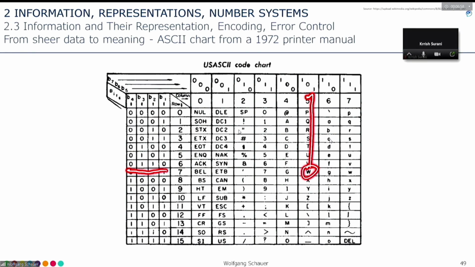So if you are using any other interpretation, then the 1110101 is maybe a K or an at sign. But the standardized ASCII chart is interpreting this bit pattern as a W, a capital W. And if you now look at the upper and lower cases, you see that the first 4 bits are always identical. For the upper and the lower W, it is 1110, and then either 101 or 111. So the first 4 bits